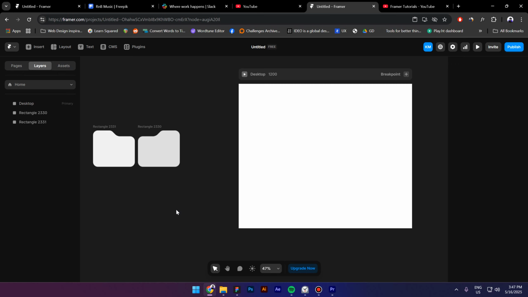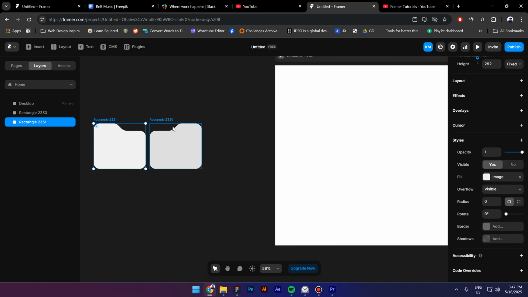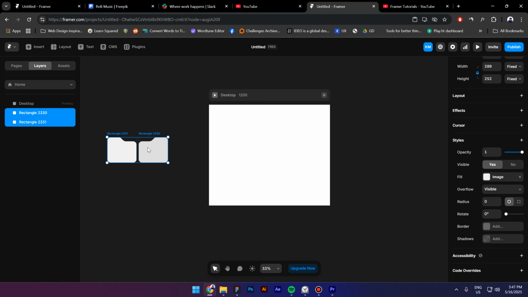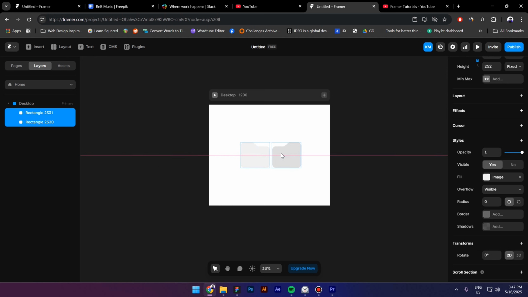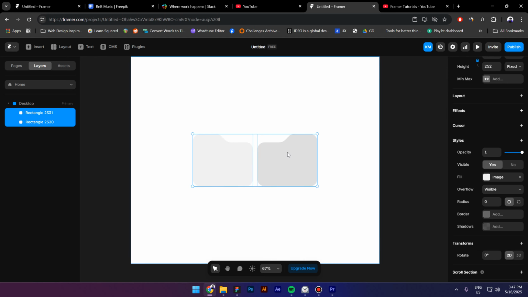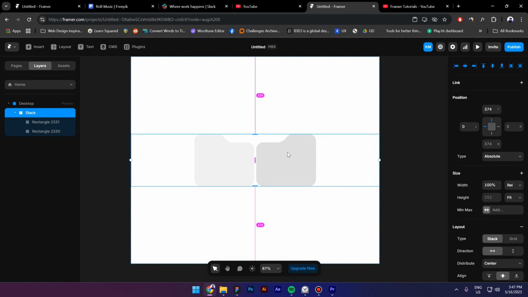Hi guys, my name is Costa and today I'm gonna show you how to create this little interaction slash animation in Framer. So I created this in Figma and now I will select both of the icons, move them inside the breakpoint, press Ctrl Alt Enter to create a stack,